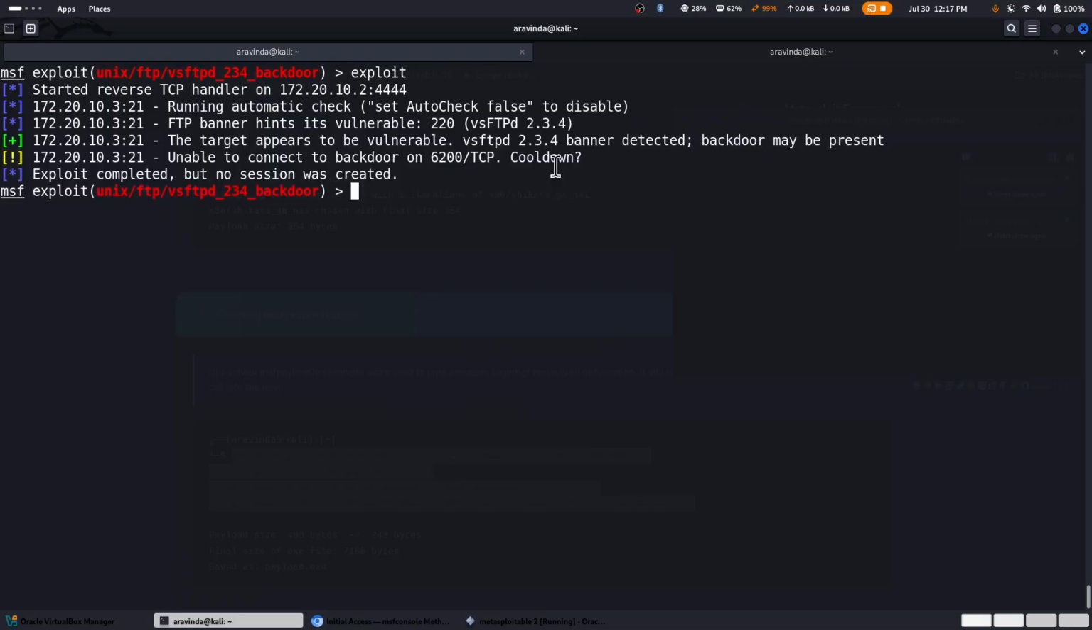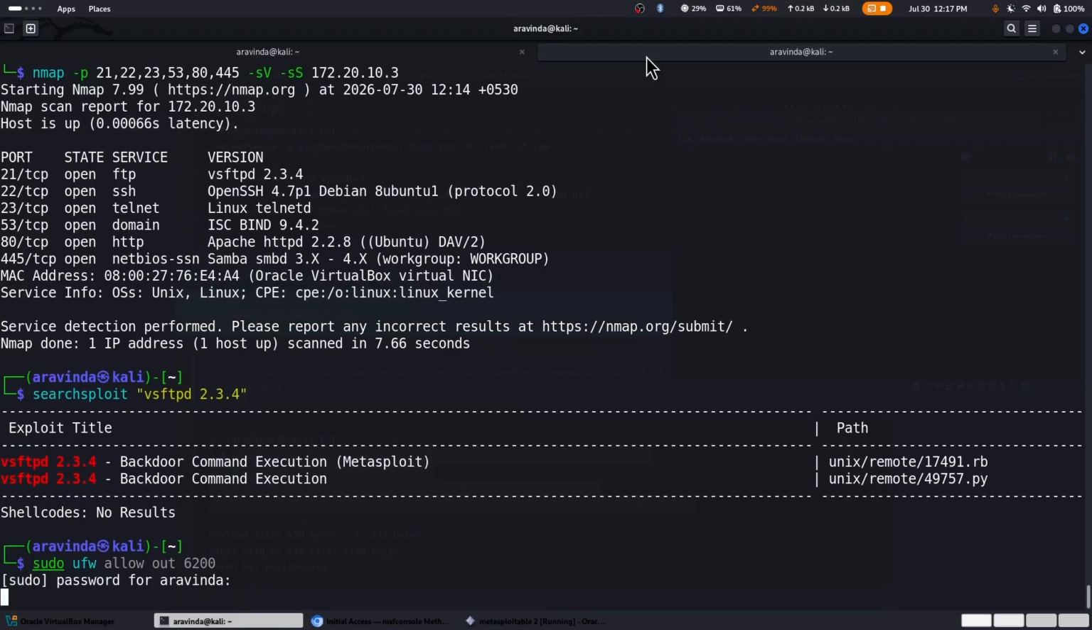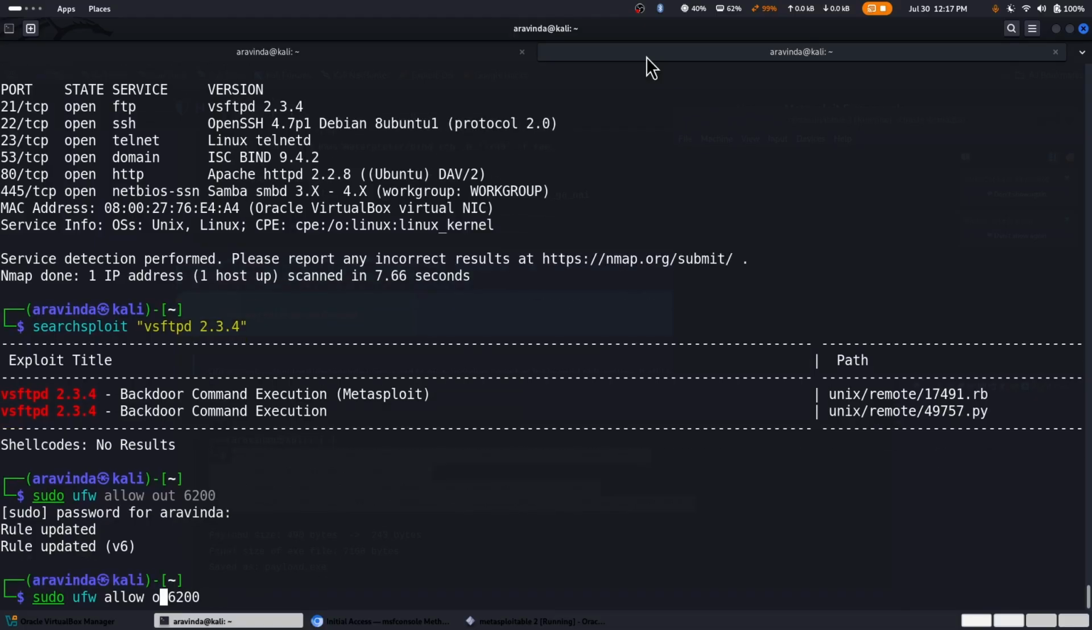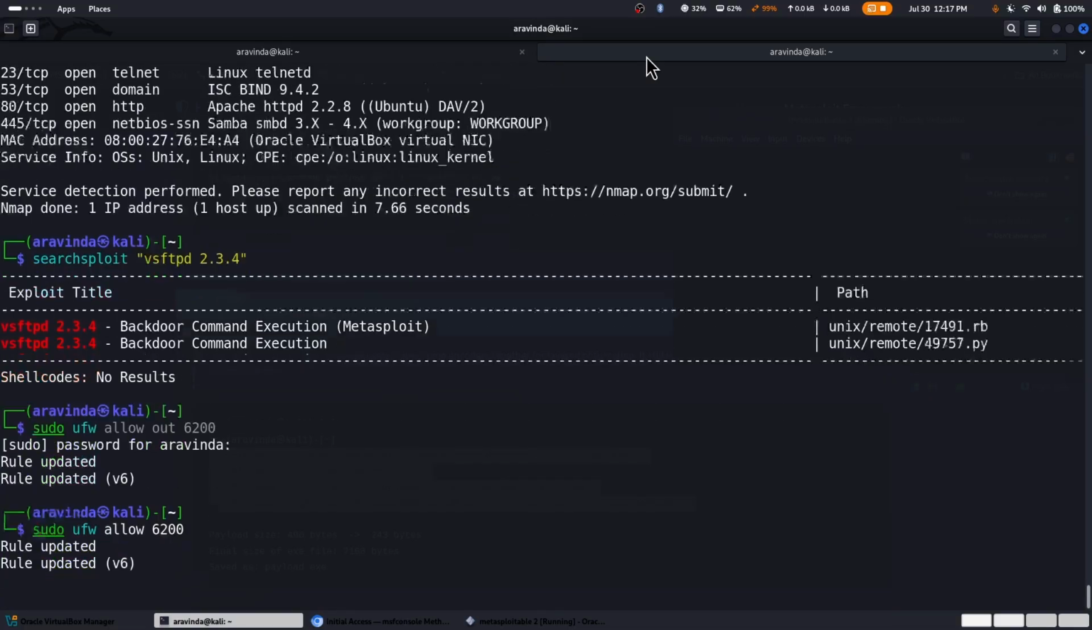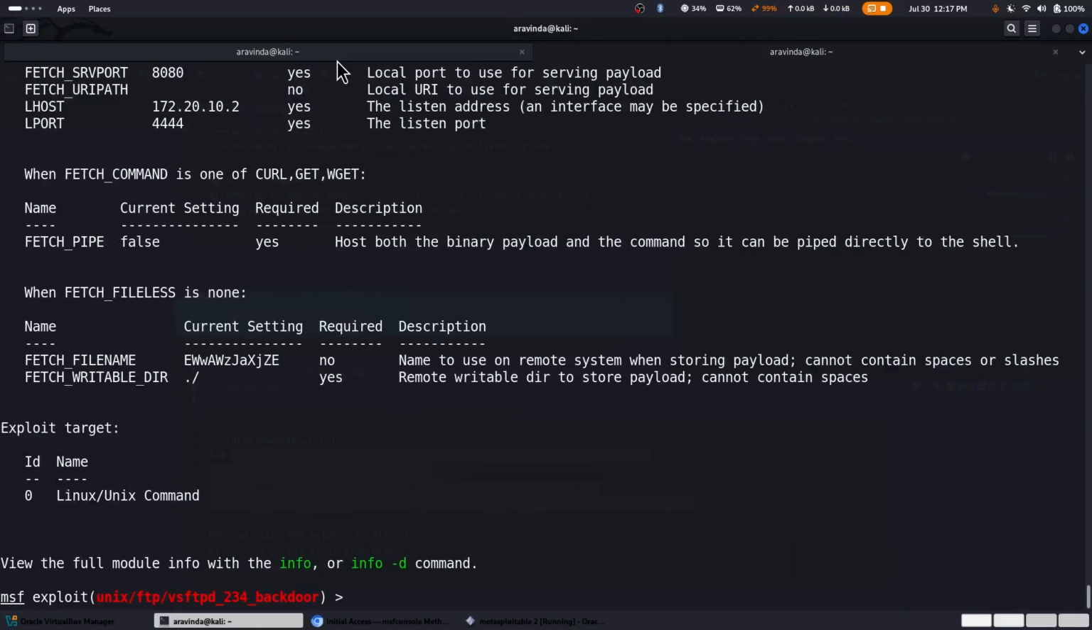So we have to think why is this happening, because either we didn't allow incoming or outgoing connection for the port 6200. So let's do sudo ufw allow outgoing as 6200 and let's hit enter. Let me type in my Kali password and let's do it for incoming connections as well. And the rule is updated, and let's do options, and